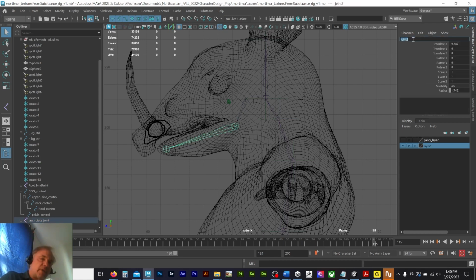And this next one is going to be the bind joint, so jaw bind joint, and that's the nearest distance to the jaw, which a lot of it's what's going to be moving. And this one is jaw nub underscore joint. So of those three joints, only the jaw bind joint is going to be in the bind. So I'll take the jaw rotate, make it a child of the head,